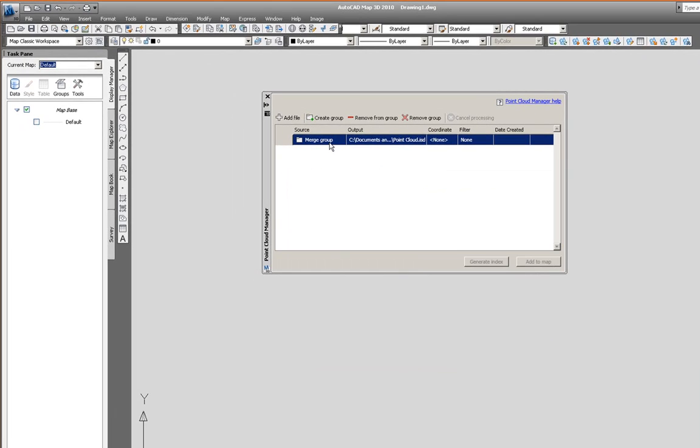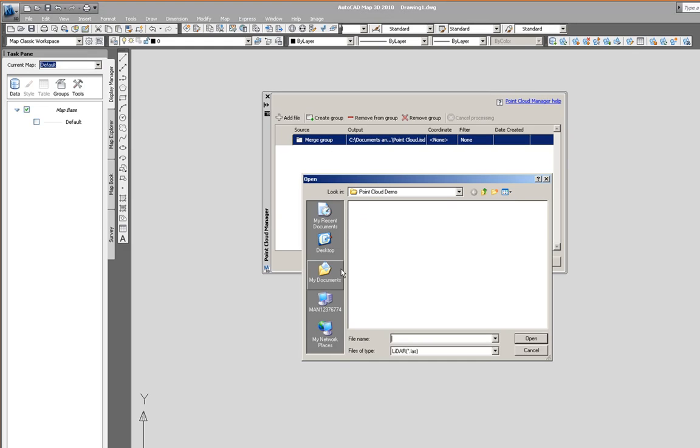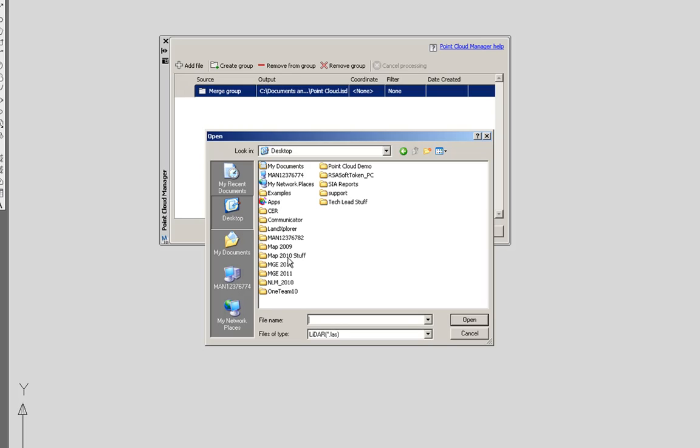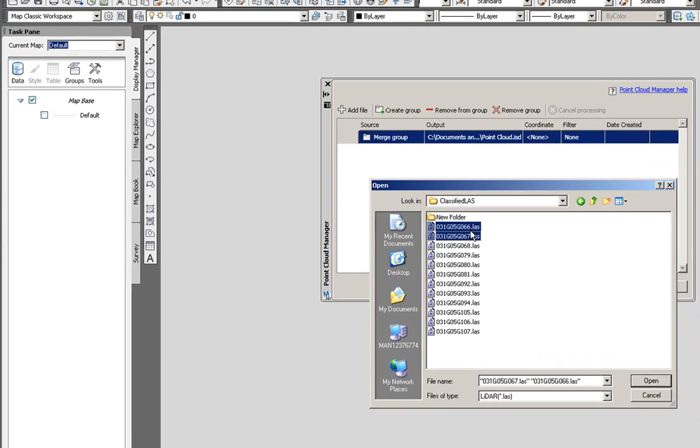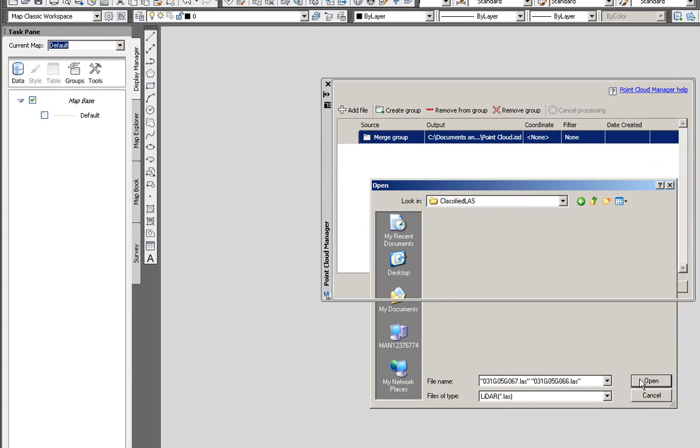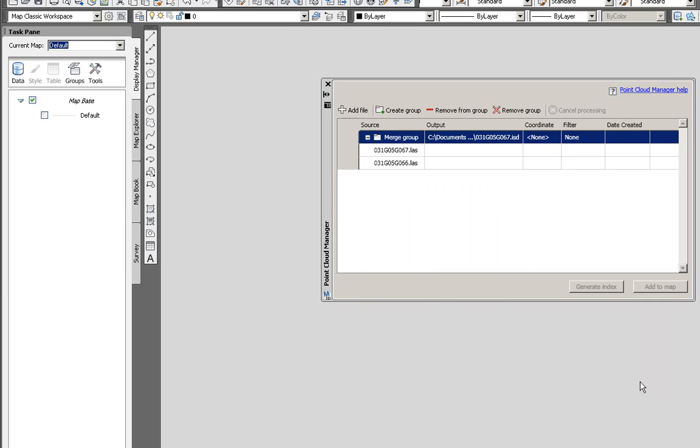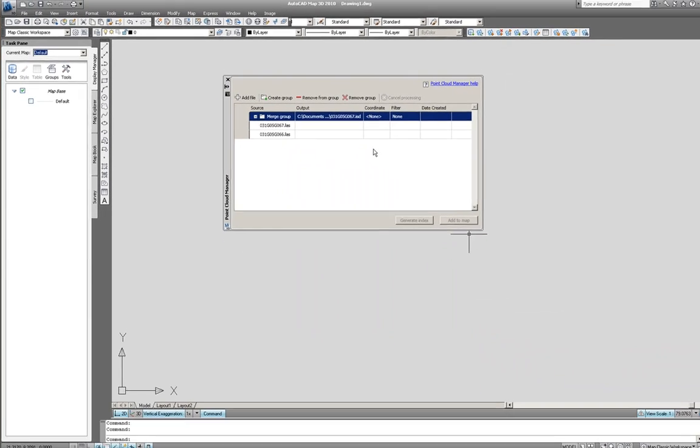Okay, so we can now right-click on that source group and add files. And we're going to find some LAS files that we have in here, and I'm just going to pick two of them. I could pick the whole entire group, but just for the purposes of today's demo. And then once they've been added in,